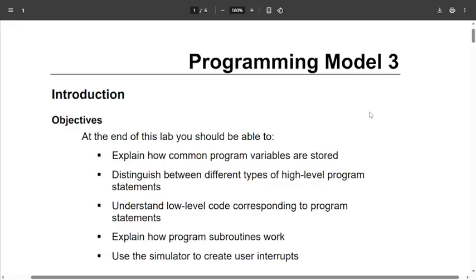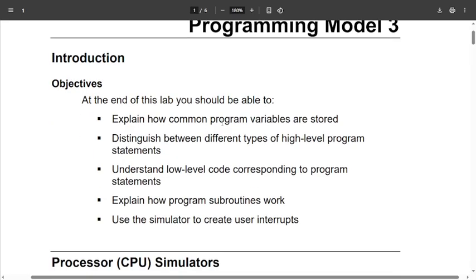First you have to watch where I get those programs. You have to start from 1 until we finish the course. So at the end of this lab you should be able to explain how the common program variables are stored,